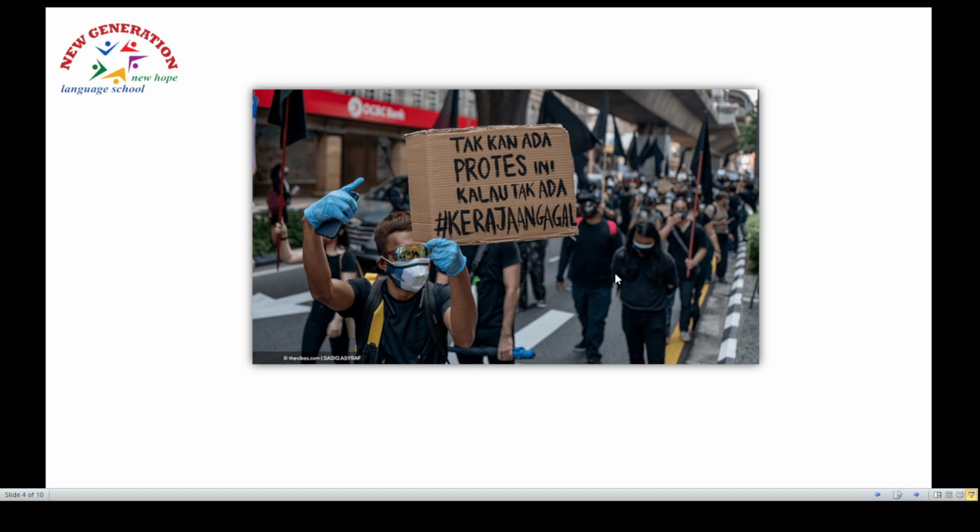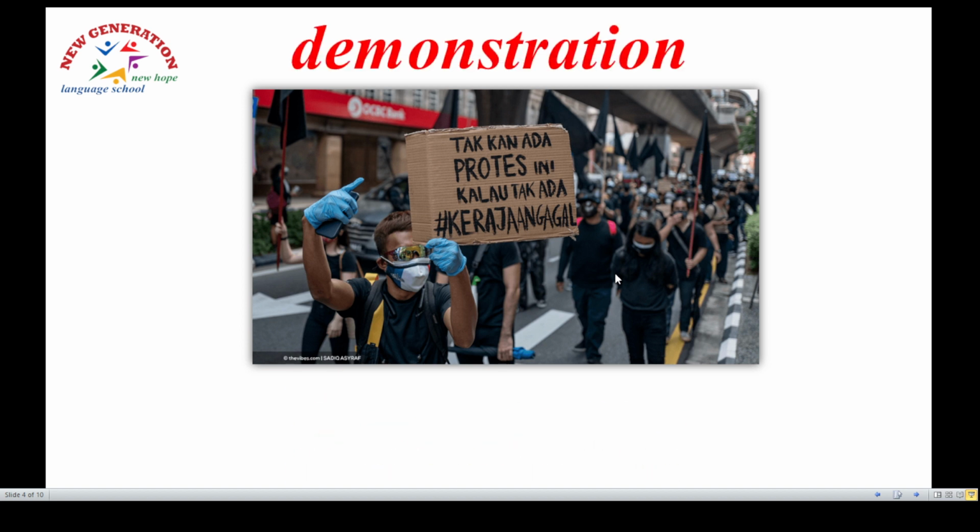This picture shows some people here who are in the street, and they seem very angry, and they disagree with maybe something like what we had here in Egypt in 2011 and 2013 during the Egyptian revolutions, the 25th of January and the 30th of June 2013. This scene shows some demonstrations.